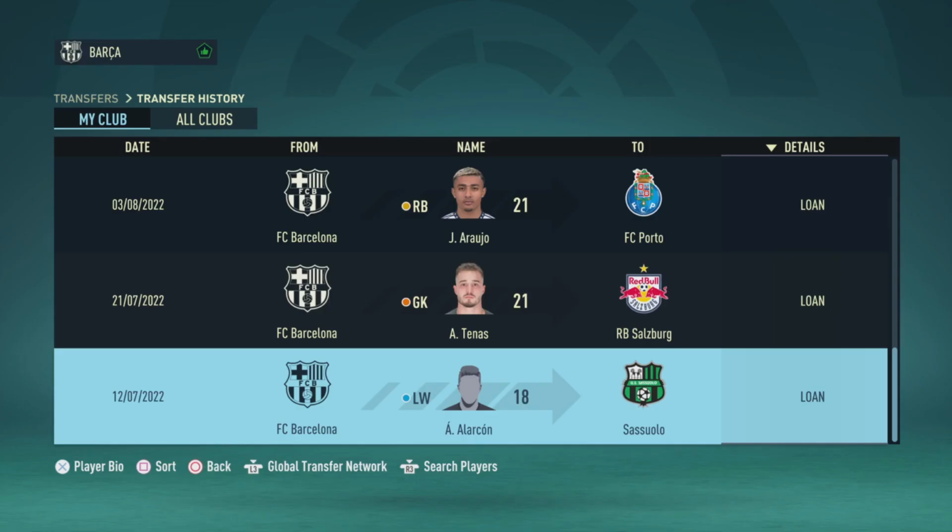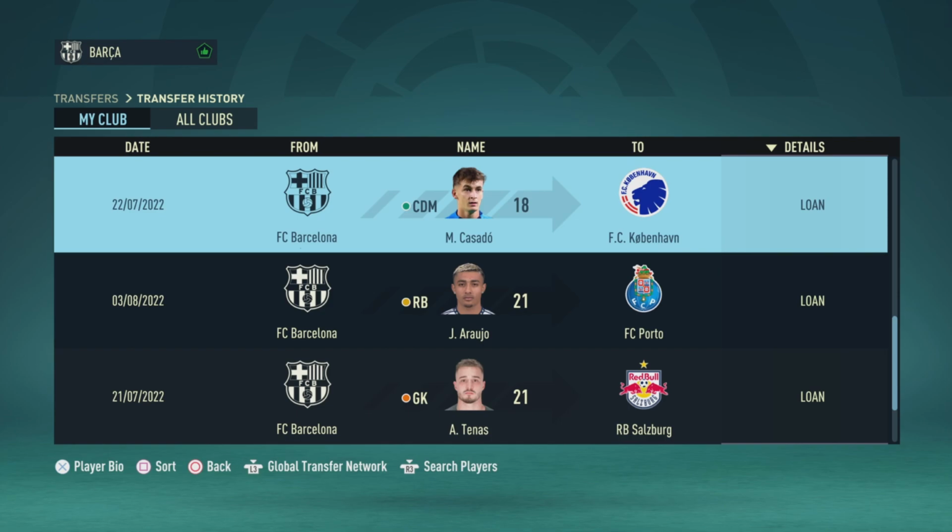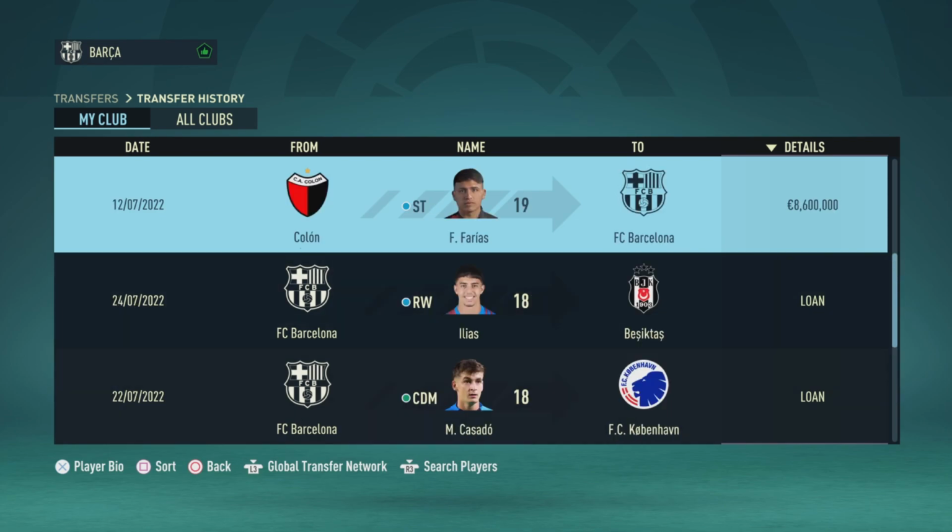Okay, so before we get into our first game of the season up against Valencia, I'm just going to run you through a couple of signings and sales I made in light of our loanees that we loaned out. Alcaron to Sassuolo, Ono Tenas to Salzburg, Julian Araujo to Porto, Caicedo to Copenhagen, Elias to Besiktas,